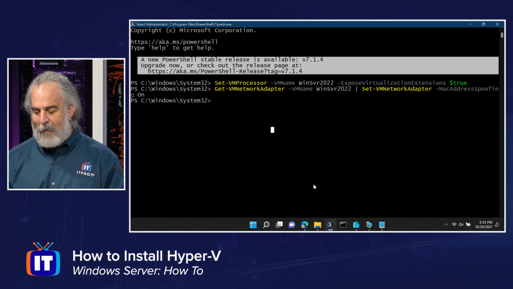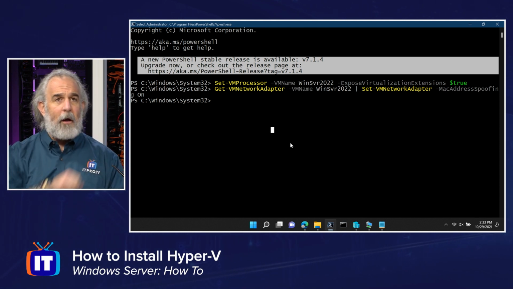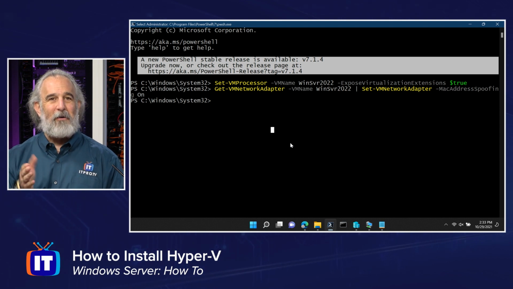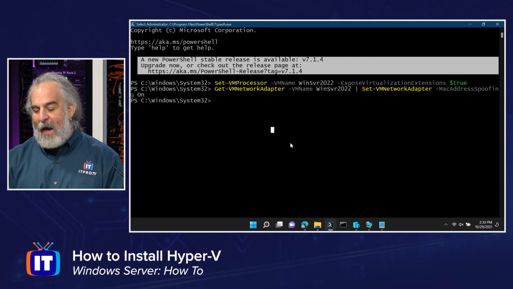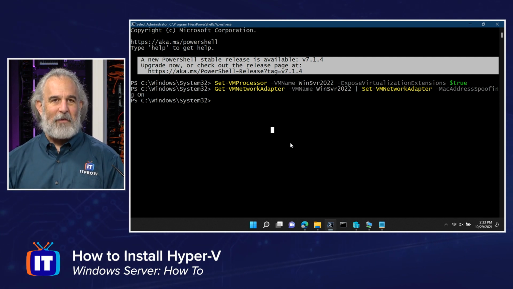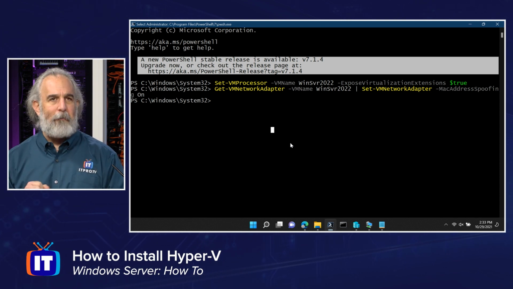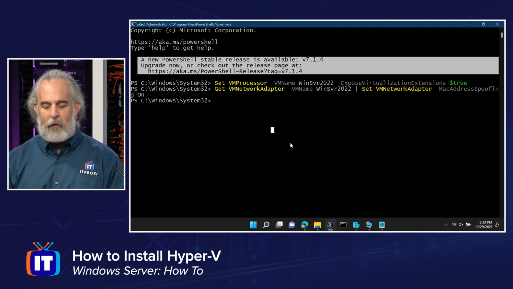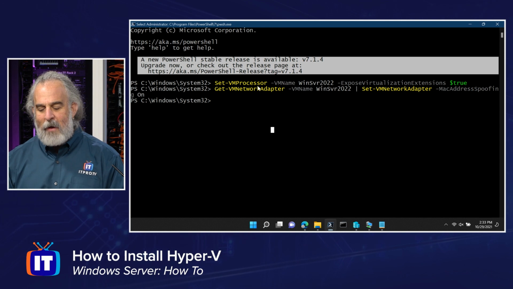installation of Hyper-V. Now, I'm in PowerShell. I'm using one of the more recent versions of PowerShell, version 7.1.3, I believe, and I've already typed in and executed the 2 cmdlets that I need. I've broken them out into Notepad. I'll show them to you separately so you can easily see what they are. I'm just going to point them out here.